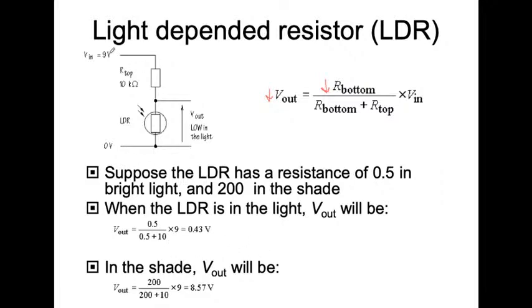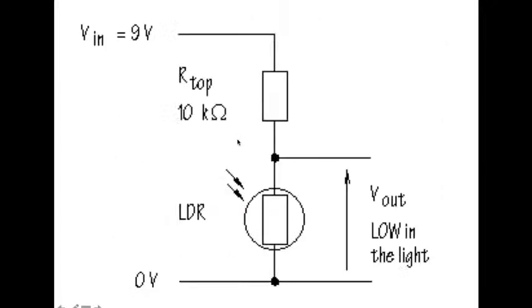Okay, so the big thing about light dependent resistors is that they're light dependent. That's pretty self-explanatory. If you want to know more about them, you can remember that in the light they have low resistance, which results in a low output voltage across them. And when it's bright out, they have a high resistance, which results in a high output voltage across them. Right, and we can always do the math just using our bottom over bottom plus top times our input voltage